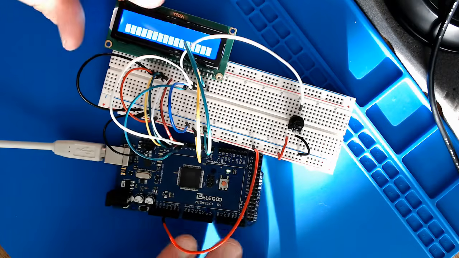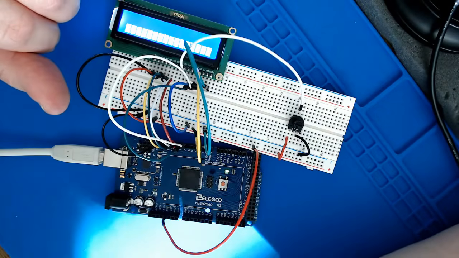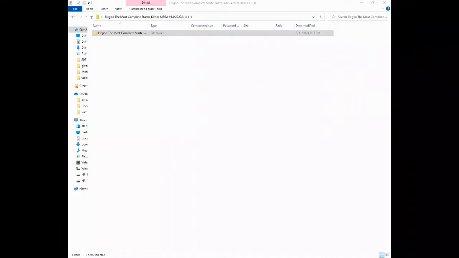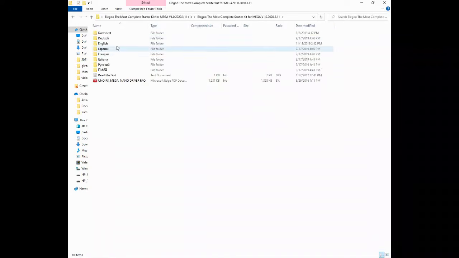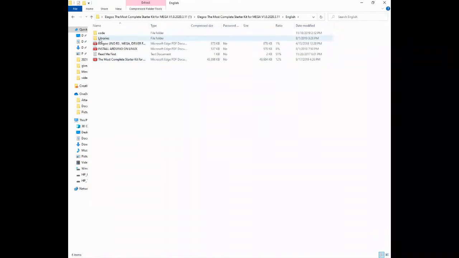Now while you have your board plugged in and connected to your computer, let's go over to our Elegoo folder. And if you're brand new and you haven't installed and set up your Arduino IDE, I have a video on downloading Arduino IDE and setup, and I'll link it in this video and in the description below. But at this point, you're going to open up your folder. You're going to select your language. For me, it'll be English. And you'll go up here to code